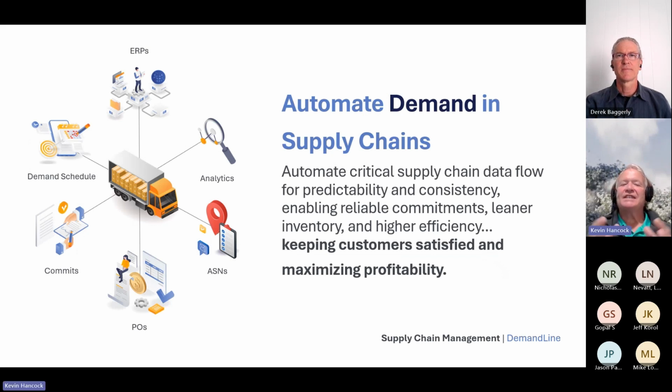So this brings together all those pieces, right? That demand schedule, that linkage to your ERP, bringing together everything from the time you picked up the PO and set the dates of when you're going to do this, your commits to them, and allows you to maximize what your relationship is with that particular customer. And scaling that across a number of these different supply chain portals, so you can do that with more and more of your customer base.